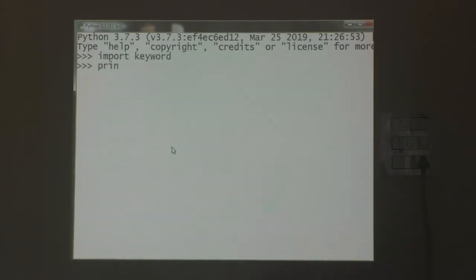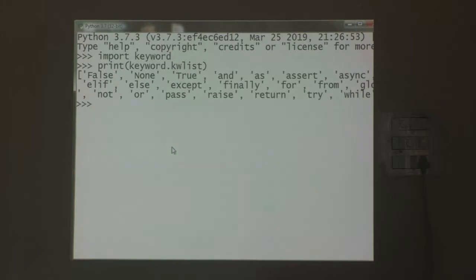After that, print keyword dot kwlist. If we give like this, everything available in that particular Python version is displayed. Okay, did you understand, student?